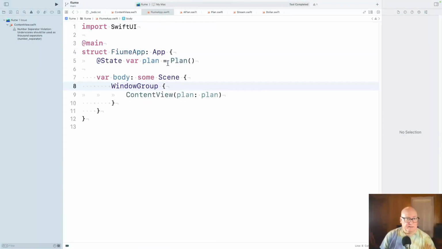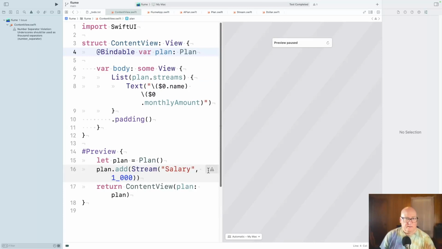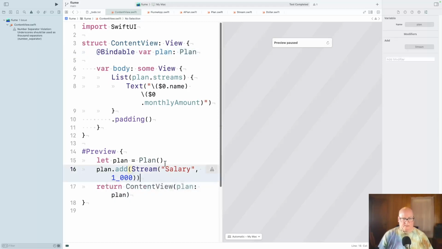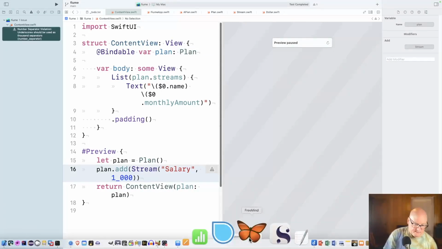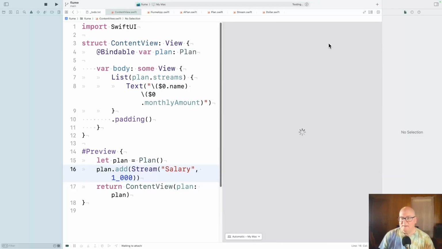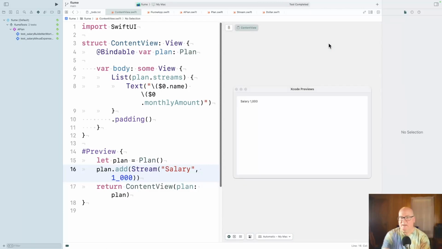And the app contains the state for it, passes it down. This might need a $ sign, I'm not sure. Okay, what's your complaint? That looks like a non-complaint to me. Why are you complaining? Hey, there's something. Okay. Oof.